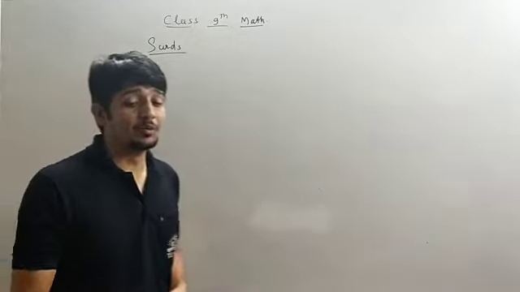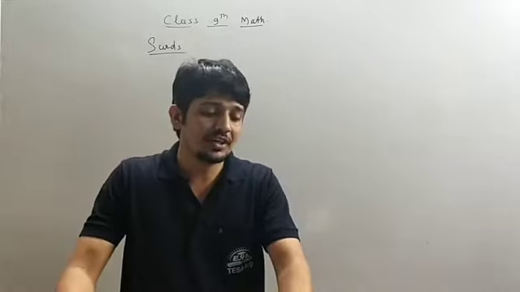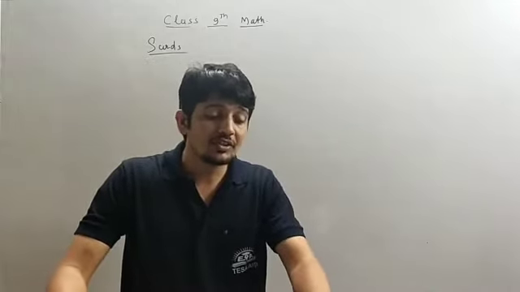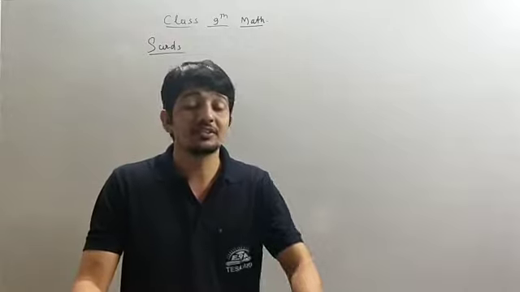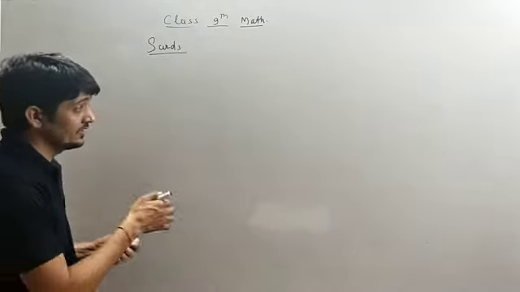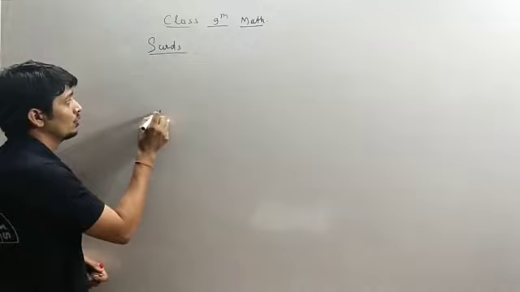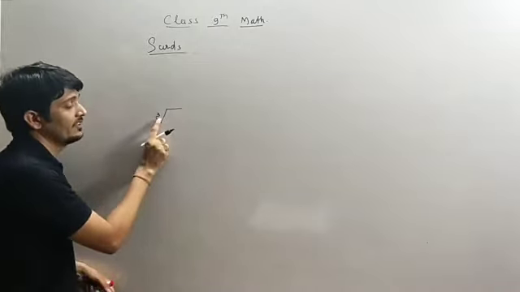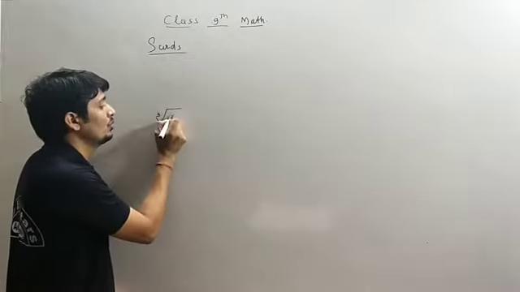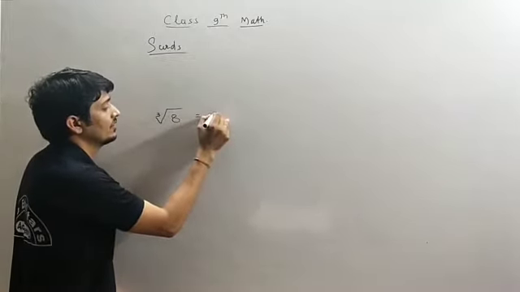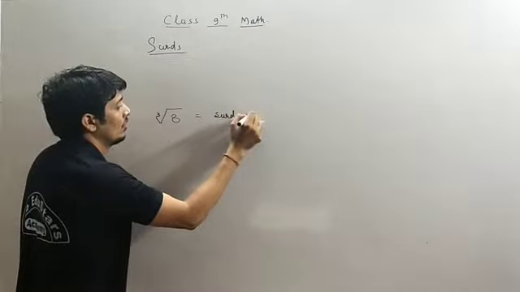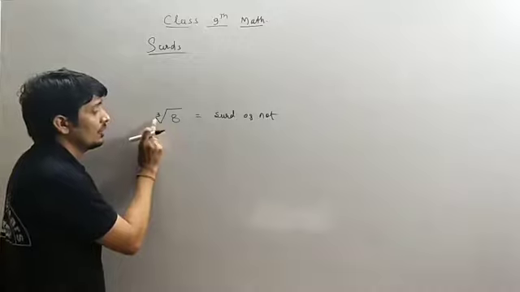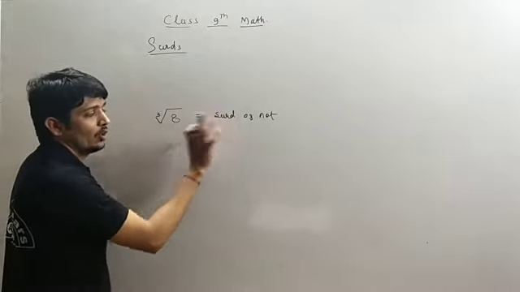So in your textbook there are a few problems which are given, like prove whether the cube root of 8 is a surd or not. We have already seen that, so it is the power of root 3. We will say the cube root of 8 is a surd or not. So we have to check whether the cube root of 8 is a surd or not.